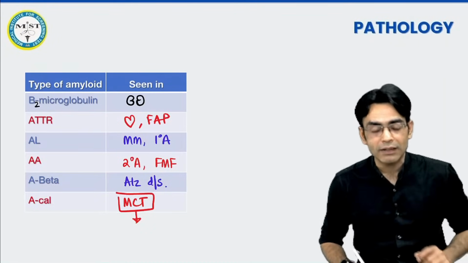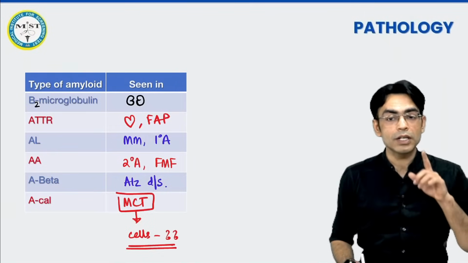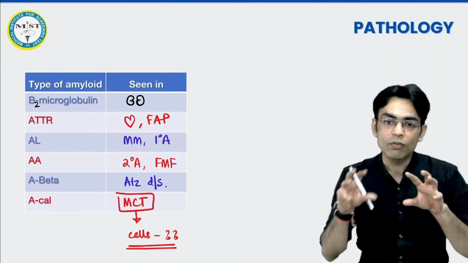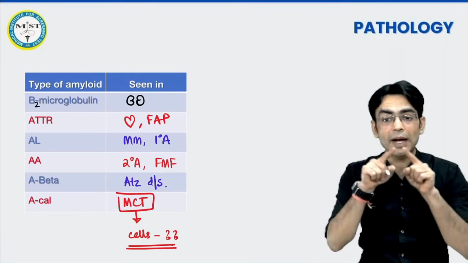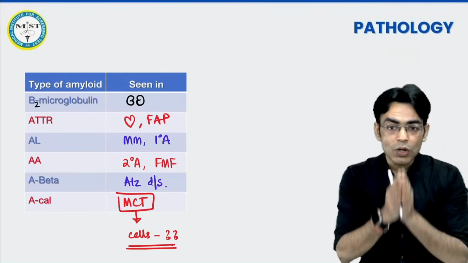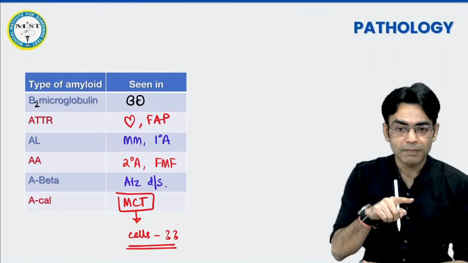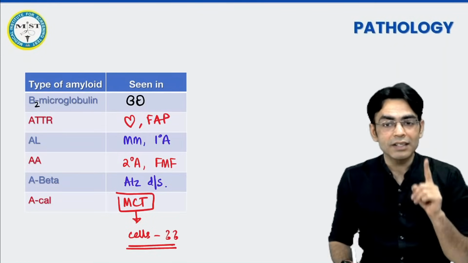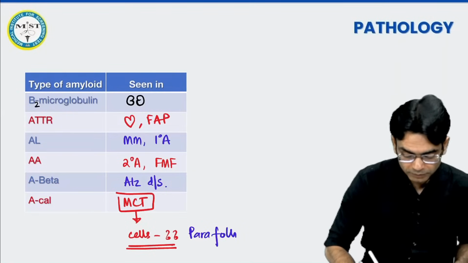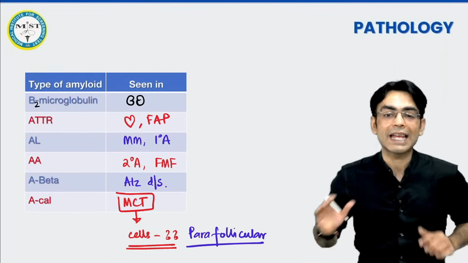cell of thyroid gland? Which cells? Please let me know, because a question has come in your exam where they have given you a thyroid biopsy and said this is a thyroid follicle. We all know thyroid follicle is lined by the follicular cells, and between the two follicles of thyroid, which cells do we have? Parafollicular cells, which are elongated cells. So your follicular cells, which form the follicle, are secreting T3, T4, and your parafollicular cells are secreting your calcitonin.